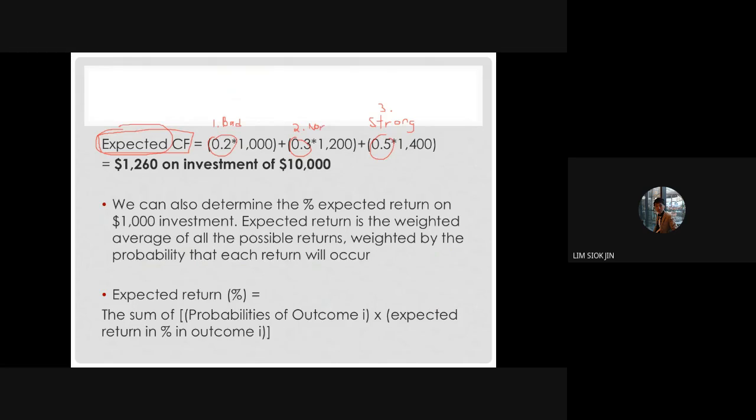0.3, right? And what is the possibility of going strong? 0.5. I take that times the return that they will get. Okay, so it now shows that if it's bad, the return is 1,000. Normal return is 1,002. Strong, the cash flow or the return in dollars is 1,004. You times and plus all these, you get an expected cash flow of